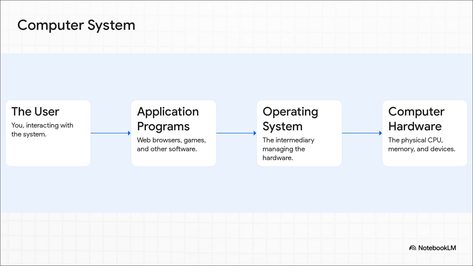So right at the top, that's you, the user. You're interacting with your application programs. Stuff like Chrome, Photoshop, Spotify, whatever. And then way down at the very bottom, you've got the physical computer hardware. We're talking the processor, the memory chips, the screen, all the nuts and bolts. But hang on, how do your apps actually talk to the hardware? How does a game tell a processor, hey, render these graphics? There's a missing link here, right? A super important go-between that makes everything work. And you guessed it, that's the operating system.